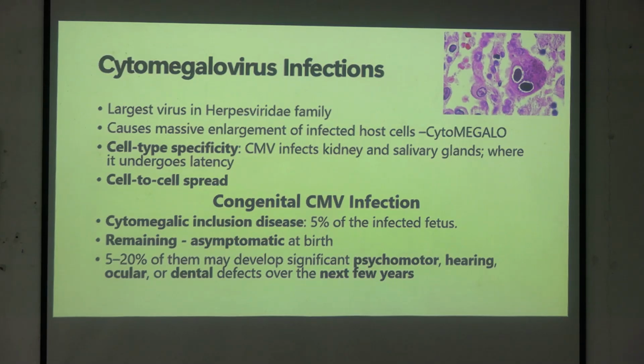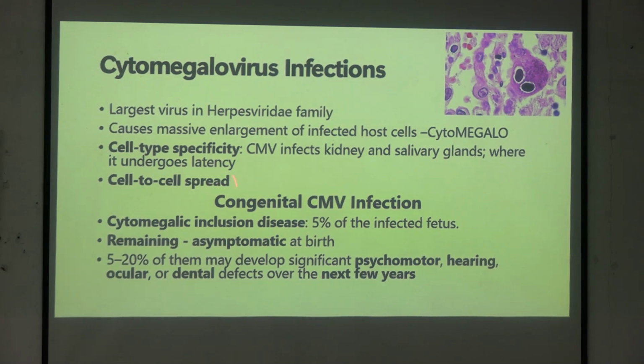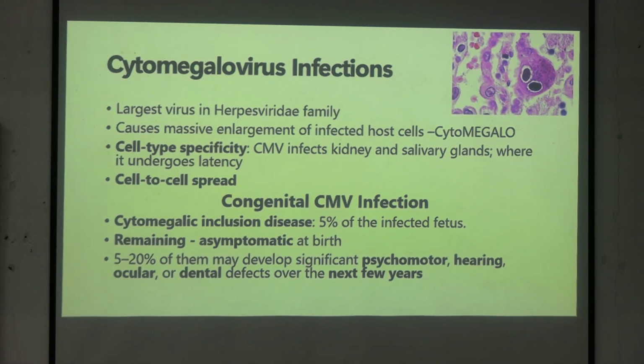Now you have the next thing, cytomegalovirus. Cytomegalovirus আমি আগেও বলেছি ক্লাসে. So what it does, it has a very high affinity to two kind of cell. One is a salivary gland, one is a kidney. Okay, দুটো সিস্টেমের প্রতি it is a specificity and affinity, and it causes a massive enlargement in the cell. তাই জন্য ওর নাম হয়েছে cytomegalo. মেগালো মানে বড় হয়ে যাওয়া। ওকে, সো সাইটোমেগালিক ইনক্লুশন ডিজিজ হতে পারে, আর কিছু কিছু ক্ষেত্রে অ্যাসিম্পটোম্যাটিক থাকতে পারে।